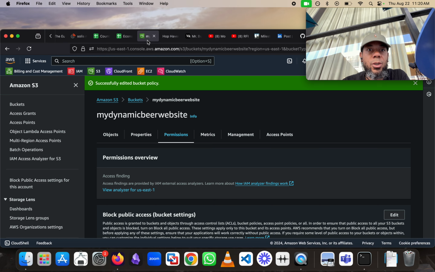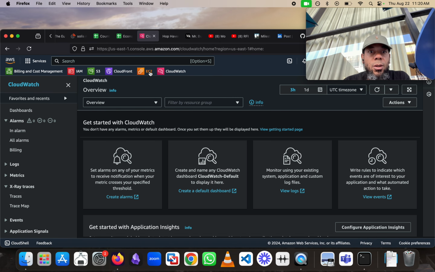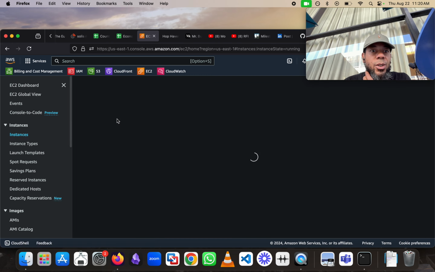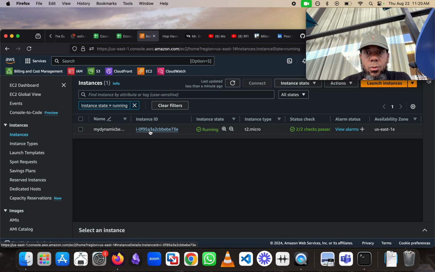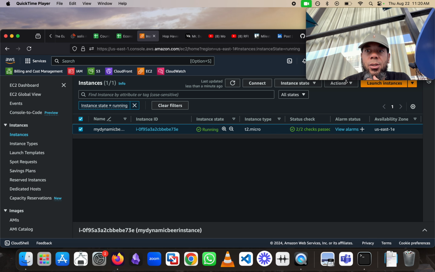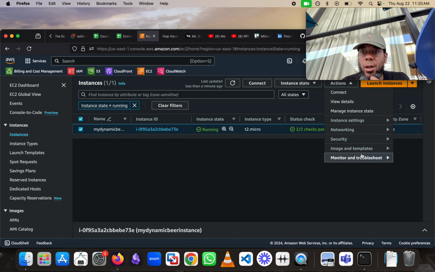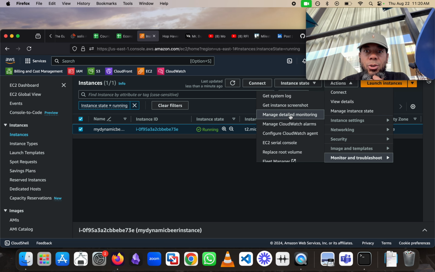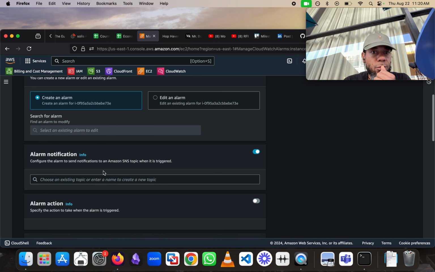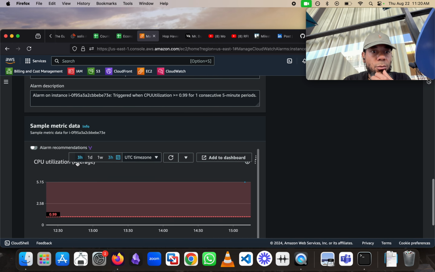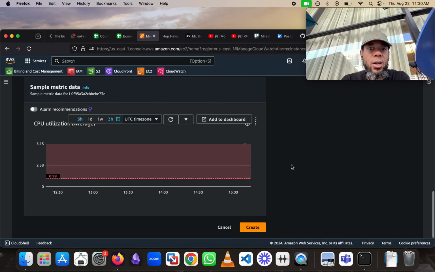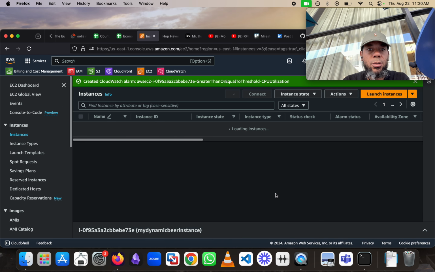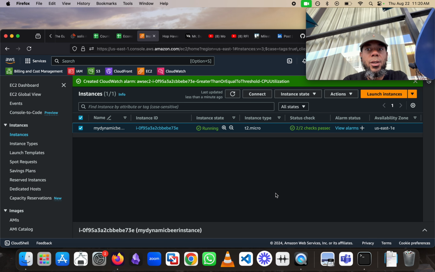So next, what we want to do is we want to set up a CloudWatch dashboard. But what we could do is go to the actual instance, and we will select the instance and select actions. And let's see, is it monitoring and troubleshoot? Yeah, so we'll manage CloudWatch alarms. So we'll create an alarm based off the CPU. So we'll create, right? And then what we'll do is we'll go to CloudWatch,